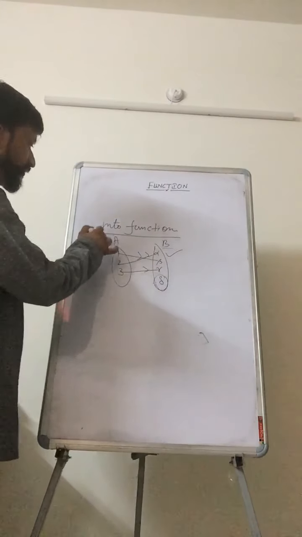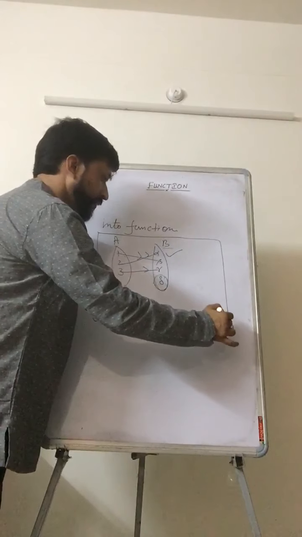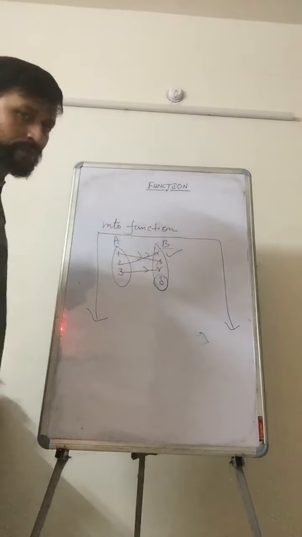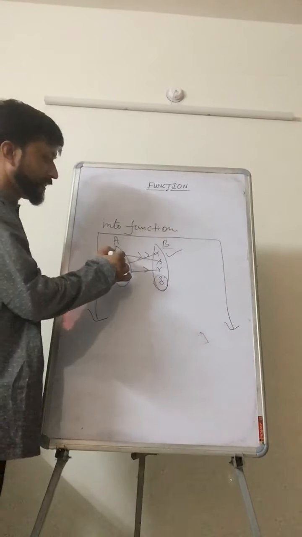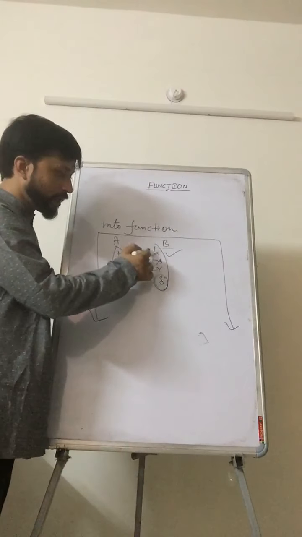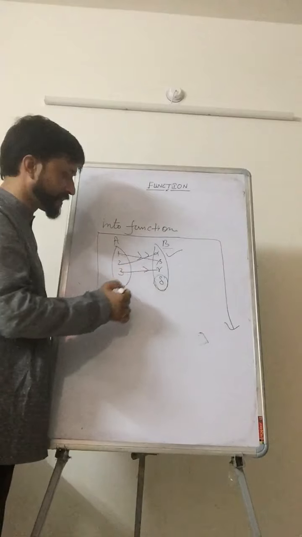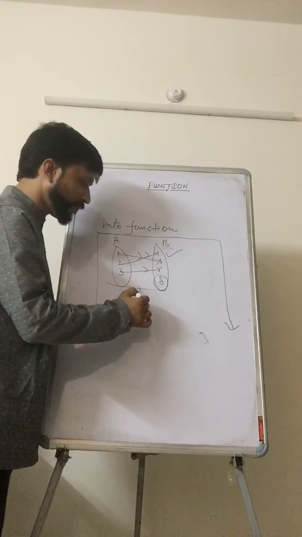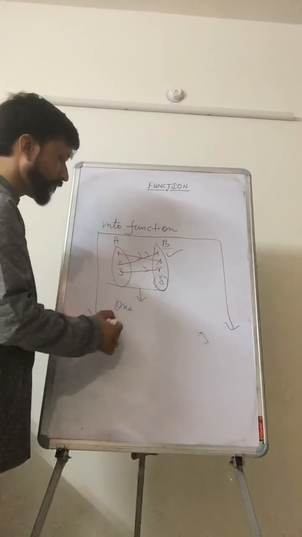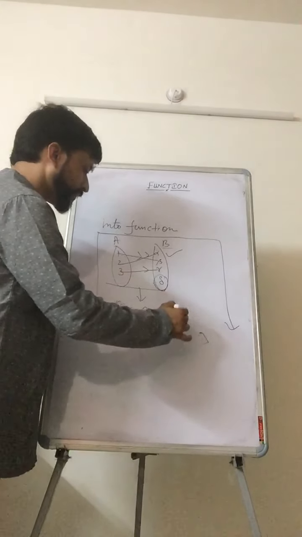So again we are getting from here two varieties of into function. First one, one-one into function, and another one, many one into function. Say this is a one-one function, there is no doubt, because all of them have got different linkages, as well as it is your into function. So this is also an example of one-one into function.